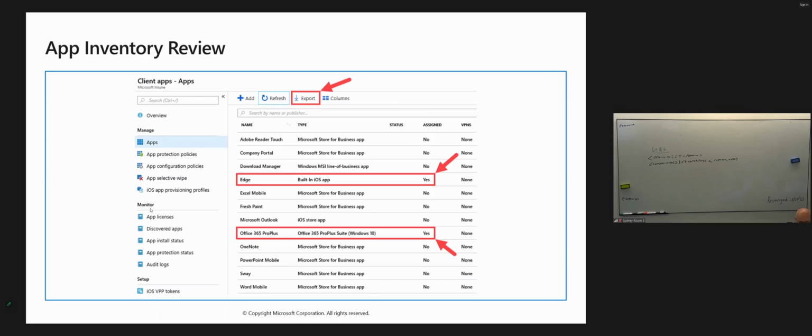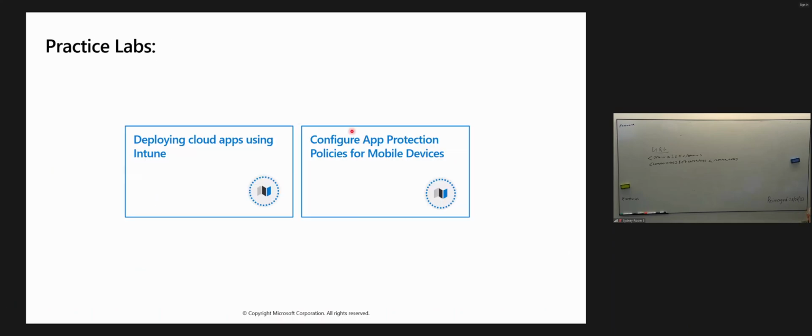All right, folks, so we're going to break for morning tea. When we come back from morning tea, deploy cloud app using Intune and configure app protection policies for mobile devices. We used to have lots more